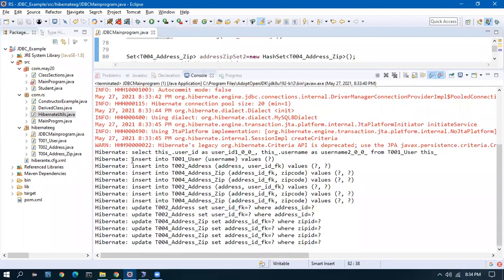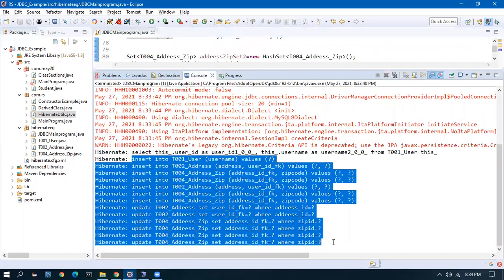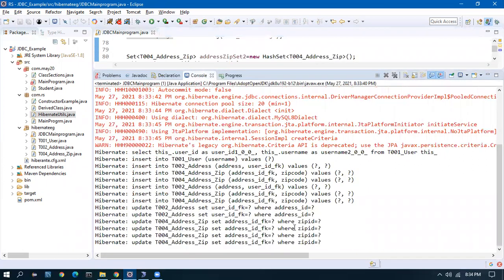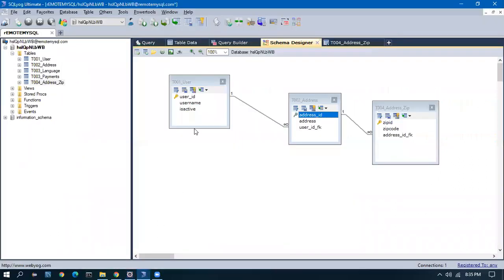Writing this many insert queries manually is very tough. And I worked in projects where we used to have 10 to 12 tables inserted at the same time. In a real world scenario, it will not be just this much. Let's take an example of a sales order. When you do a payment to a sales order or an invoice, we have to update the sales order, the sales order detail, the invoice header, and the invoice detail. We will have a payment table, so payment header and payment details.